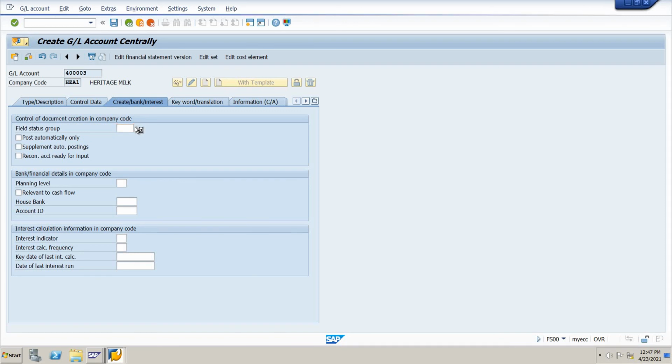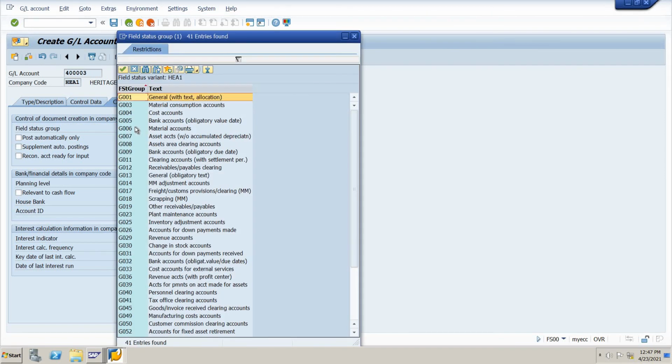Go to the find option, we have to see the field status groups. So we have to select G001 general with text allocation. What it means: field status variant group, we have done OBC4, we have done some restrictions in the OBC4.